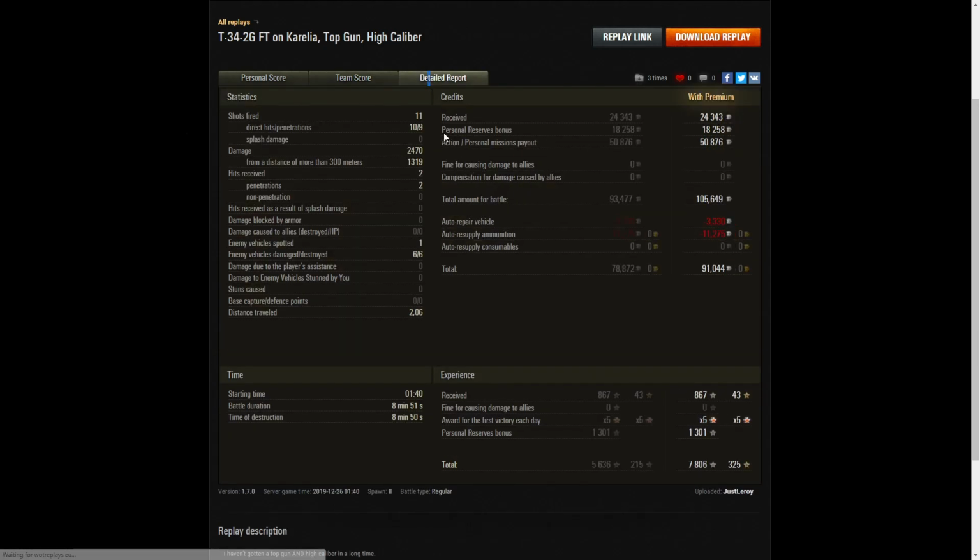SU-122-44. He fired 11 shots, got 10 direct hits, 9 penetrations, damage of 2,470 hit points, of which 1,319 were at more than 300 meters. He received 2 hits, both were penetrations, I'm afraid. The armor is fairly strong from the front, but I think he was hit by rounds which were more than able to actually get through his armor. 1 enemy vehicle spotted, I think that was one of the Artys, 6 enemy vehicles damaged, 6 killed, and on